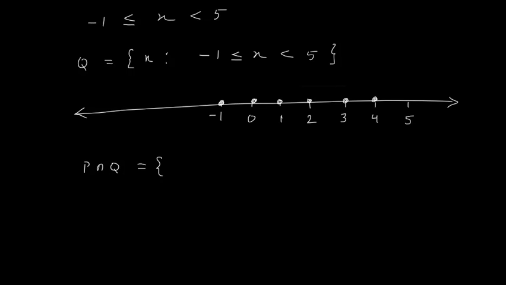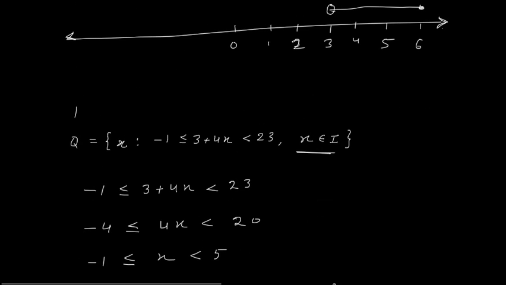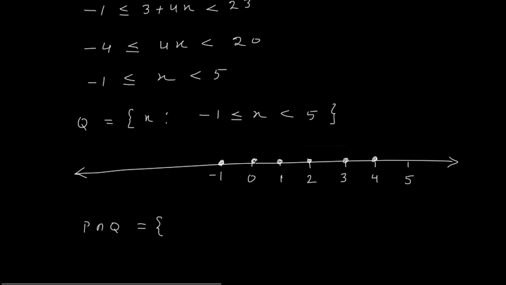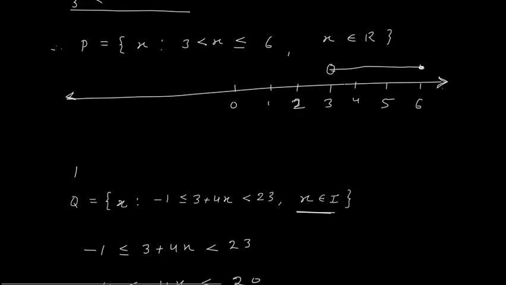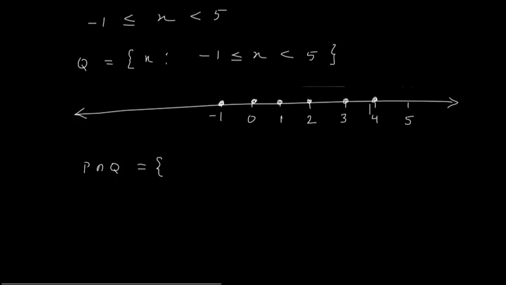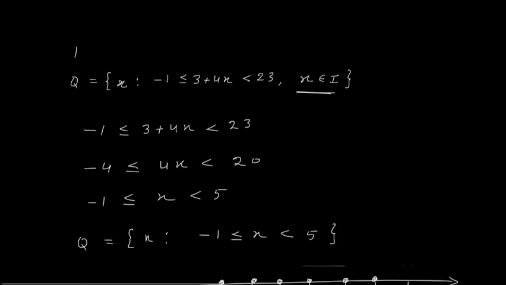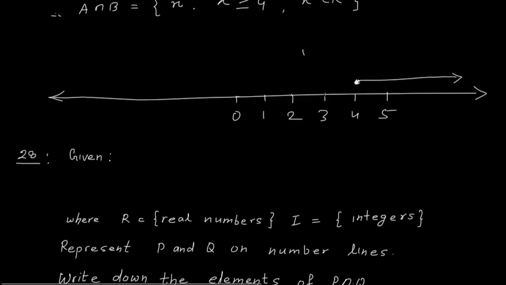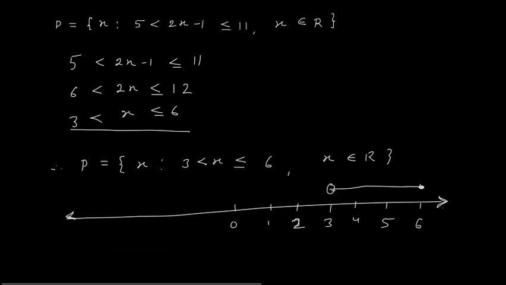And now intersection of this P and Q, what is common between P and Q? So we can say that 4, 5, okay, not 5, only 4, because 3 I cannot include, 4 I can include because 4 is common in both, and 5 I cannot include because 5 is not here. So only 4. So we will say that P intersection Q is only 4. Okay, that's it. Let us summarize here. We will stop here and see problems in next class. Thank you.